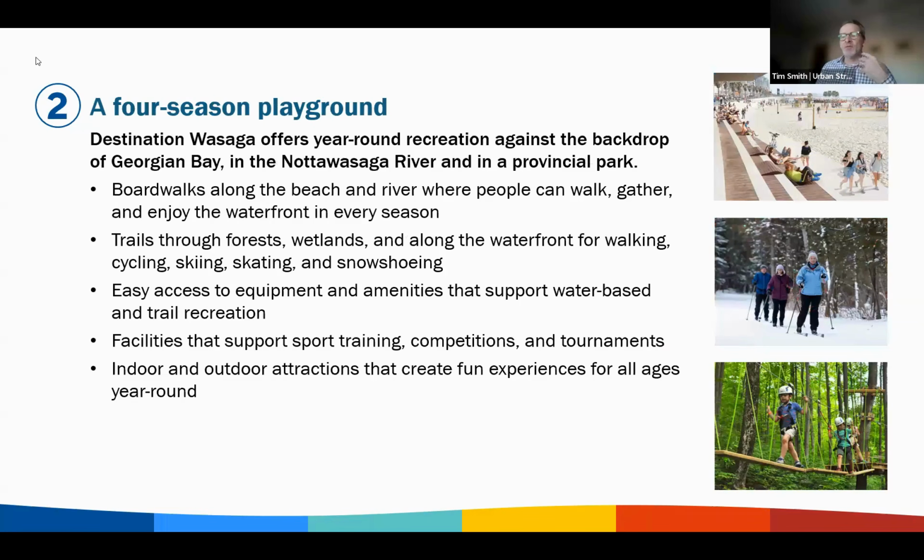Second component is focused on recreation and that idea of creating a 4-season playground. This is all about the fun and adventure we want to ramp up in the town, recognizing so much of that is there with the river and Georgian Bay today, in the provincial park, but we see opportunities for more boardwalks along the beach, enhanced boardwalks, which we'll talk about today, taking advantage of the trails in the provincial park, making sure that people have access to those opportunities and the equipment they need to